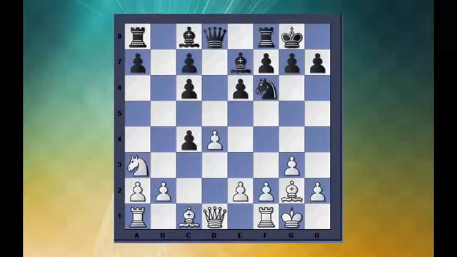So, after bishop captures a3, you can see black has a pawn more, but it's a double pawn on the c file, and white's pawn structure has also been weakened with this double pawn on the a file. But then again, the bishop pair can become very strong later, and black must know now what he does, and if he's unprepared, so I think this is a very good weapon if you use it as a surprise